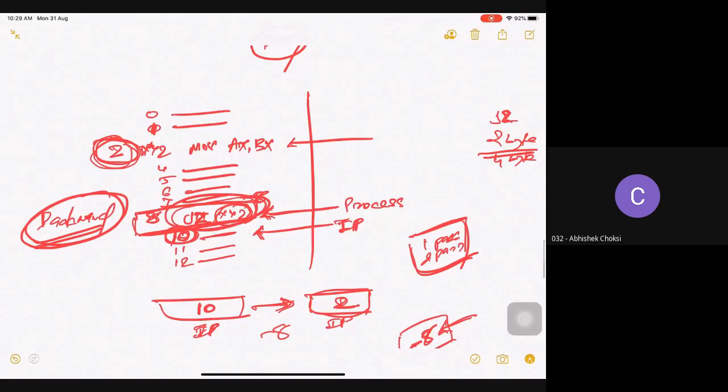When your assembler is converting this instruction JZ XYZ, what will it replace? It will replace it with the opcode of JZ and 1, 1, 1, 1, 1, 0, 0, 0. So every time, when my instruction gets compiled, my assembler will get to know in advance that I want to jump to this location. Is it clear?